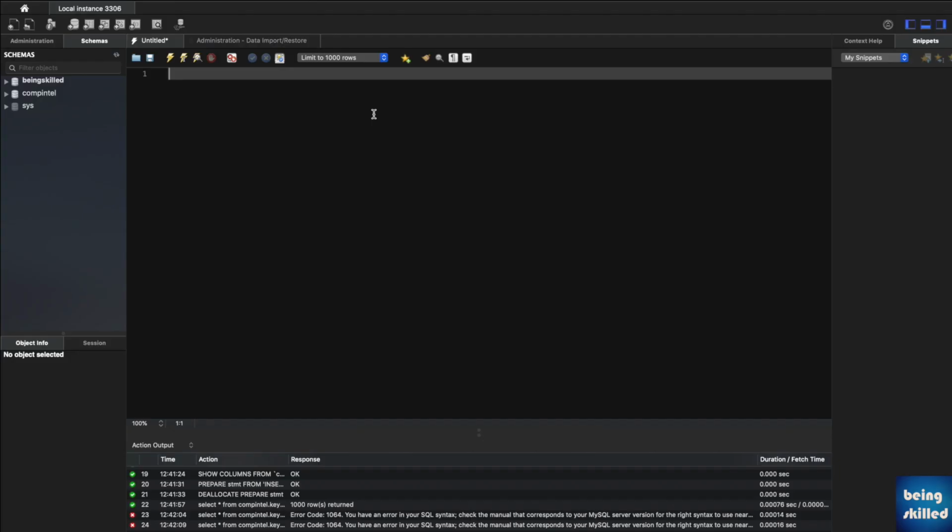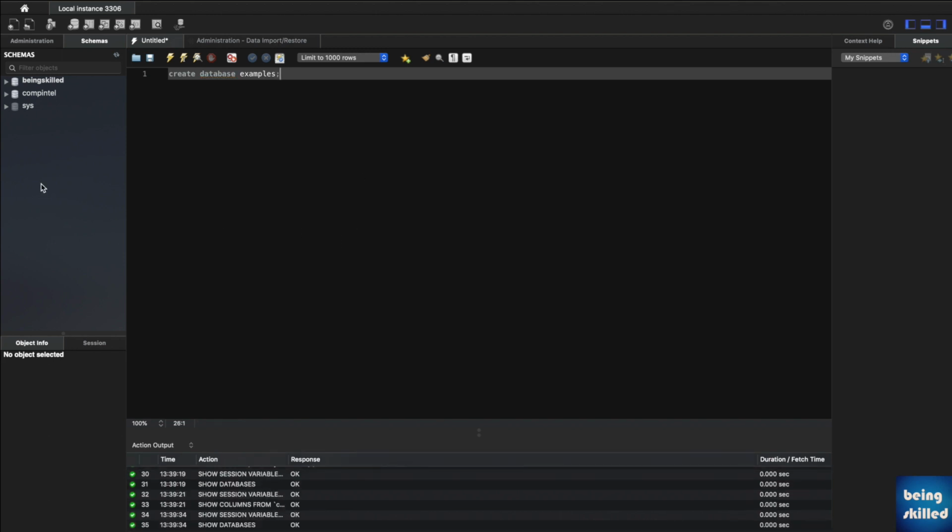Hi, in this tutorial we will learn how to create a database. So we will just type the syntax create database and then the database name, which would be examples. So just run this query and a new database will be created. On the right, if you refresh, a new database will appear,